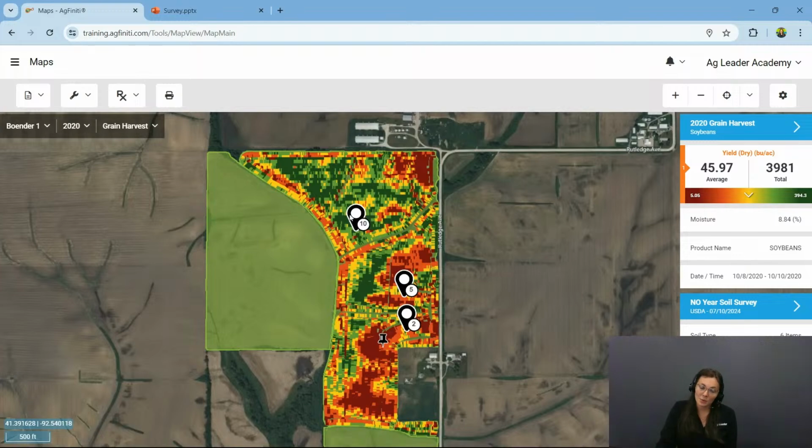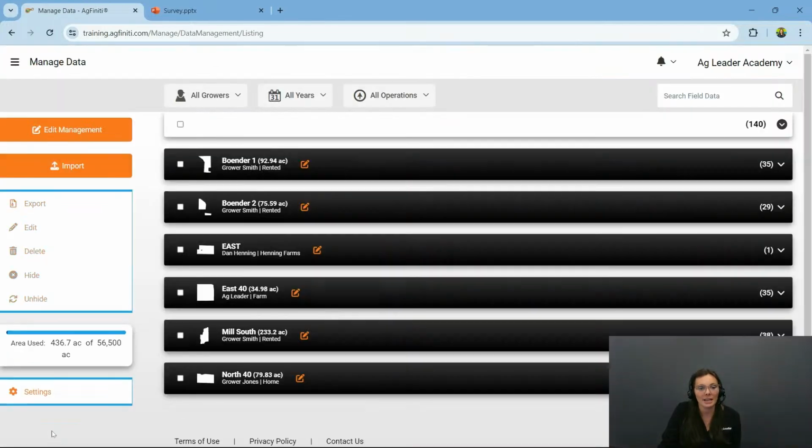They're located right next to each other, so I want to use the merge tool within AgFiniti to merge this into a single field. I can do so by going back to Manage Data, so hamburger menu, Manage Data, selecting the field that I no longer want to see. So again, we're beginning with the field that we no longer want to see in our Manage Data tree, choosing Edit Management,